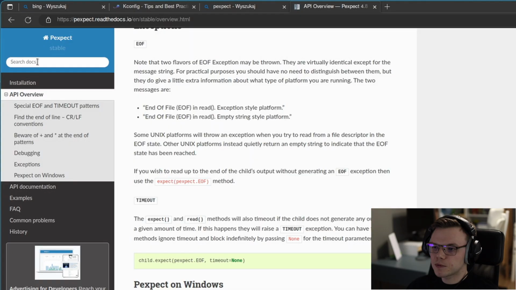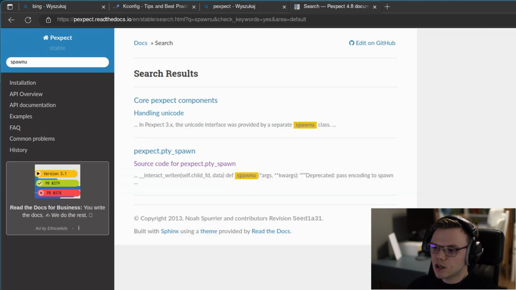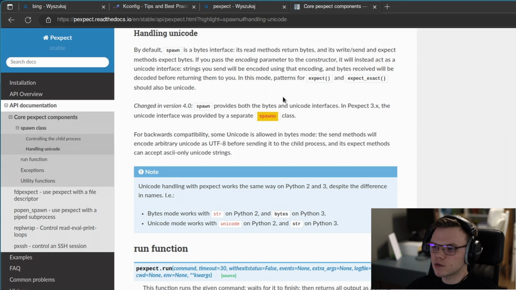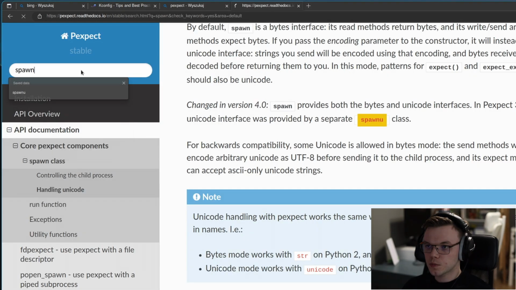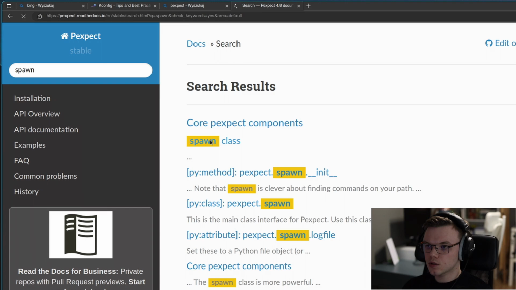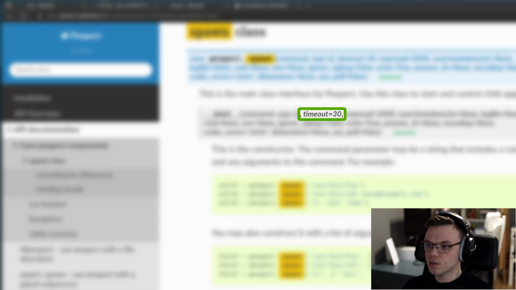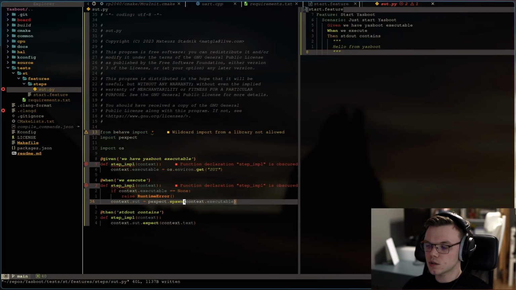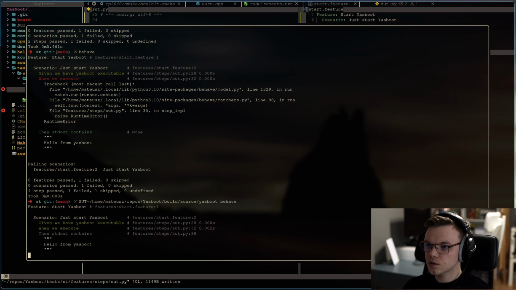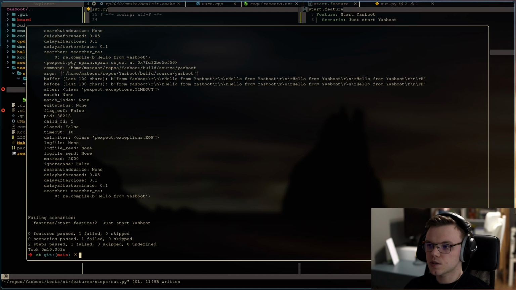So I interrupted the execution. Let's check out how to add a timeout for pexpect. Firstly, I was searching for spawnu because I was always using the spawnu method. Oh, spawnu is deprecated, so let's check out the regular spawn method. And in the constructor there is a parameter timeout. Great, so let's use it. Firstly, I added 10 seconds. And indeed, now our test case was interrupted and we have output showing why our test is failing.